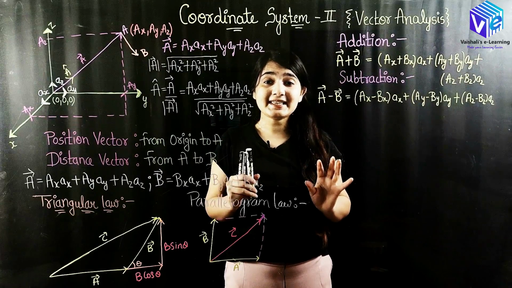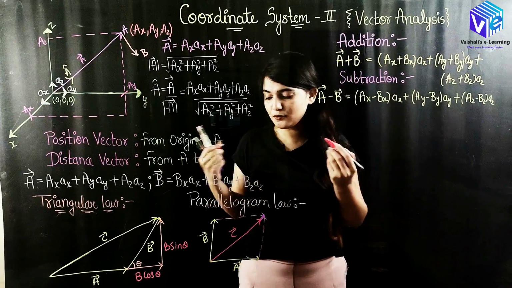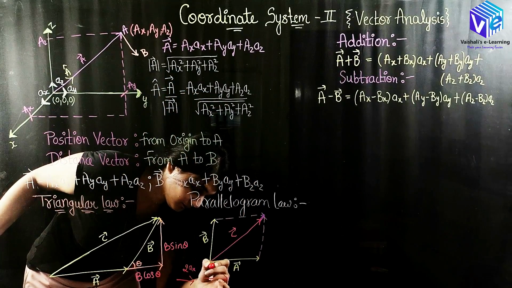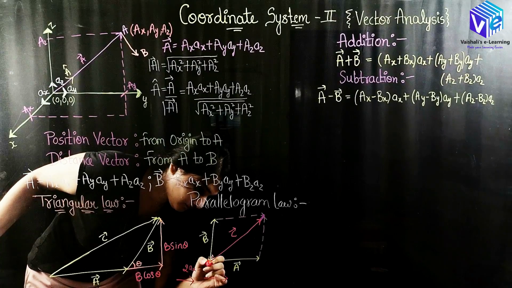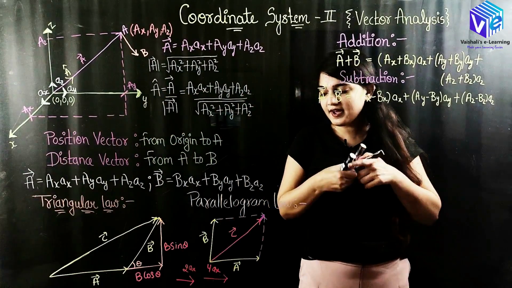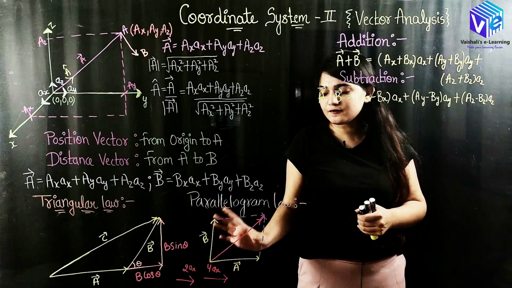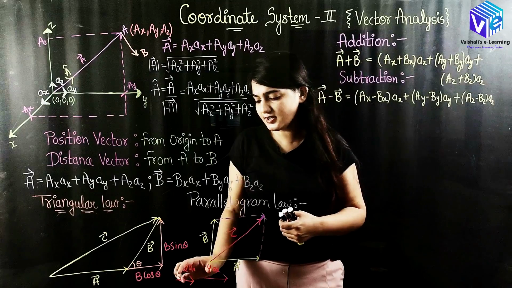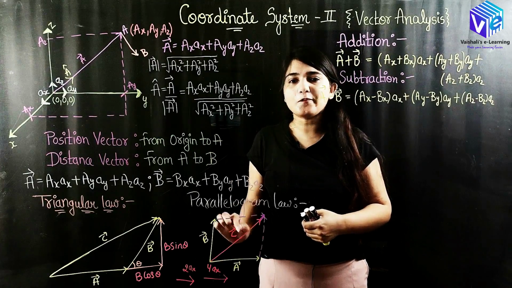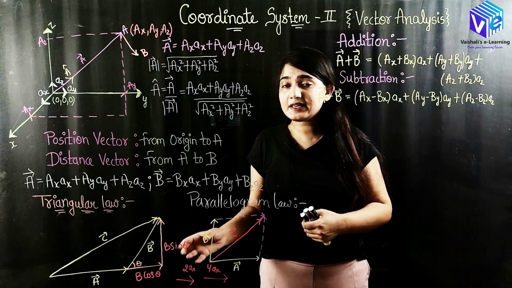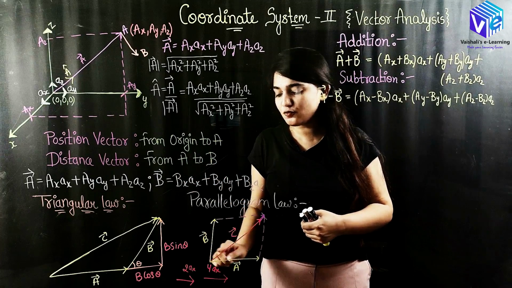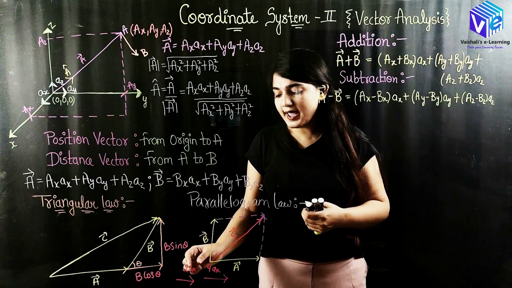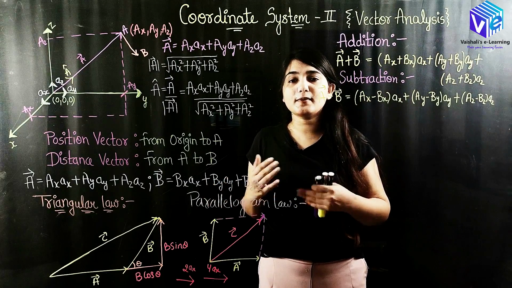But is it that easy? Okay, let's suppose I have these two vectors. Now if I have to do the vector addition of these two vectors, you can see both of the vectors are in the same direction. Both of them have an ax component only. So I can easily represent its vector addition as 2 plus 4 ax, which is 6 ax. If I have to do the vector subtraction, I can easily do 2 minus 4 ax, which is minus 2 ax.